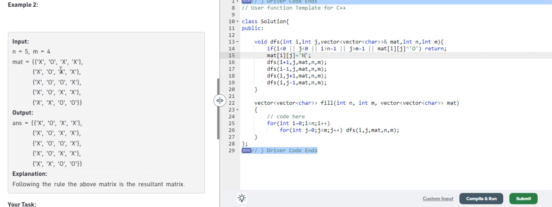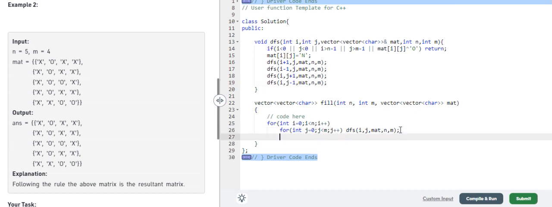Okay, and we start from here, 0, and 1 0 is present here, so we have to call 0 for this and for this. Okay, so for right here j minus 1, i minus 1, i plus 1 or j plus 1 for calling the DFS. This is very simple to understand. Okay, and after doing this,